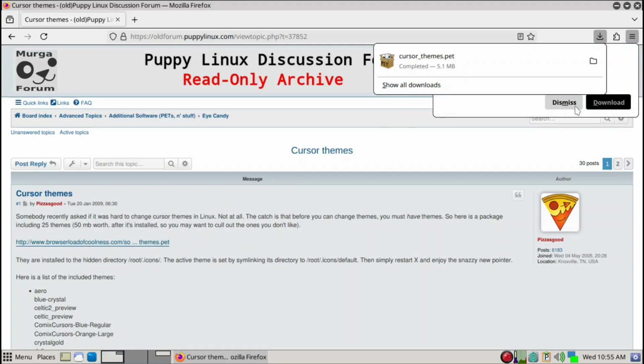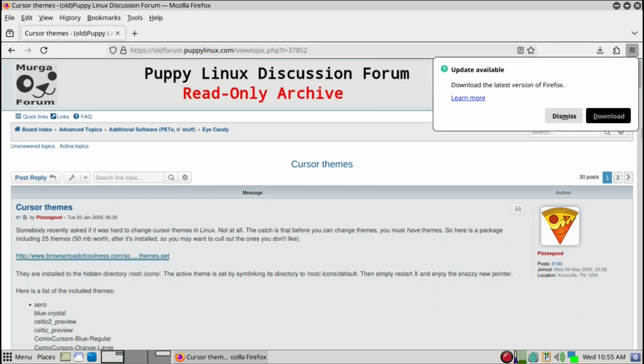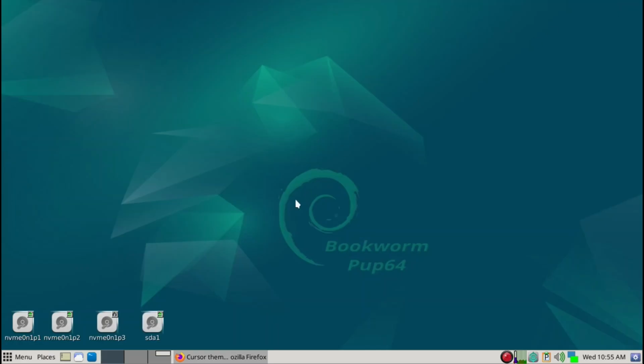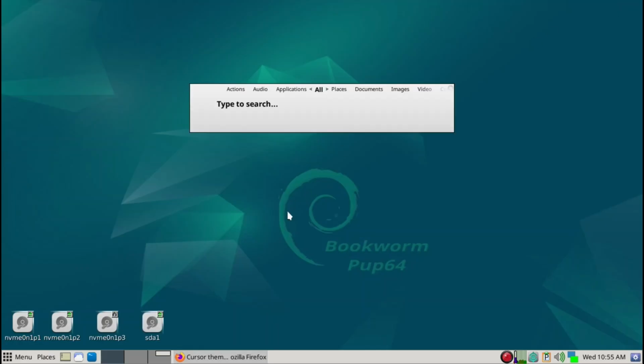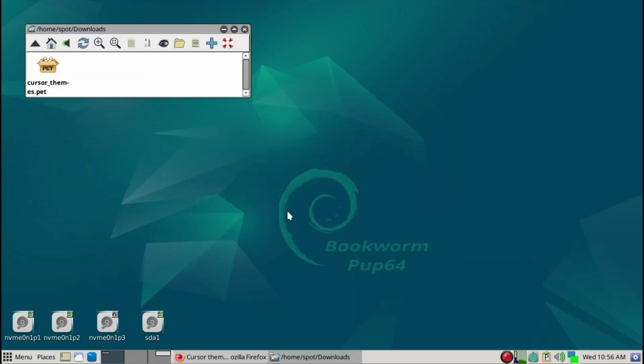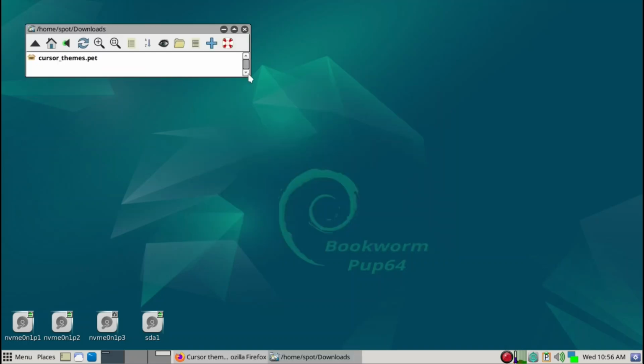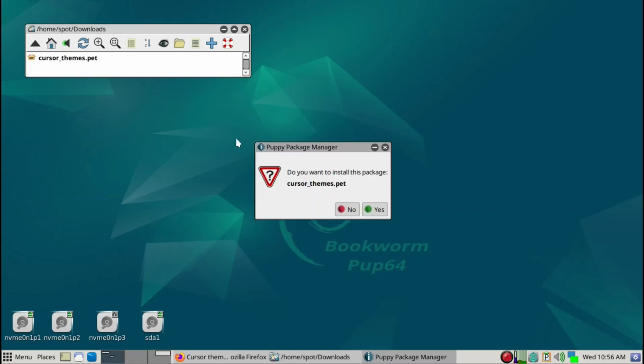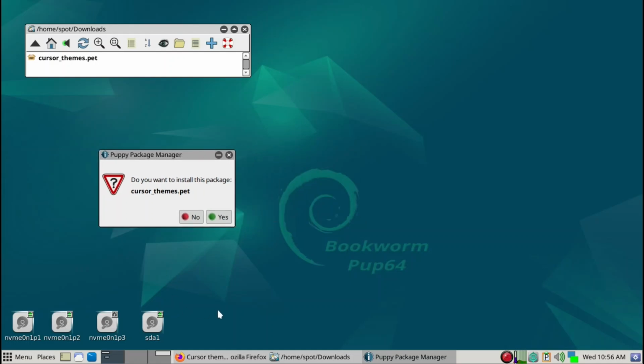So it's already downloaded now, so we'll go ahead and close this. We'll minimize it, and then we'll open up the ROX filer, root, and downloads, and then here it is. So to install, you simply left click on a PET file, and then you want to install this. Before you install it, we'll want to take a brief look at the